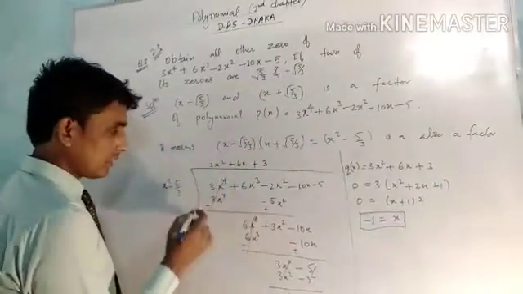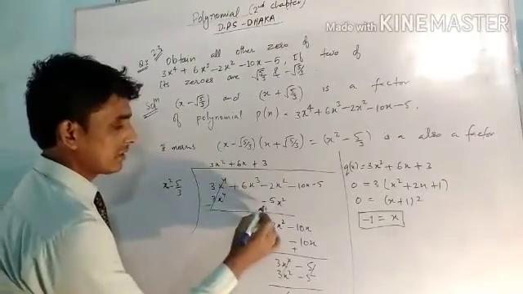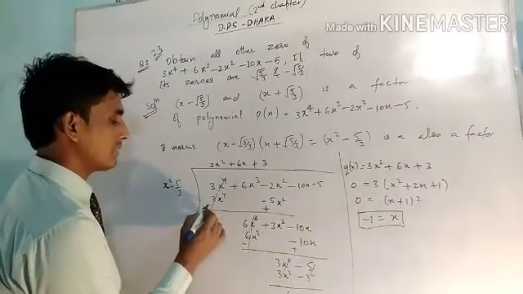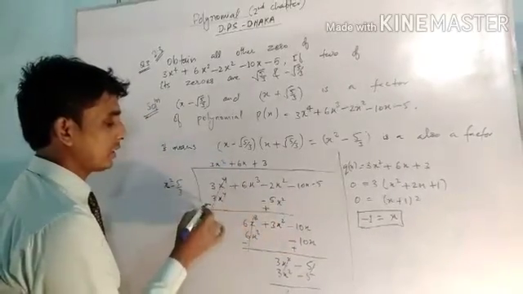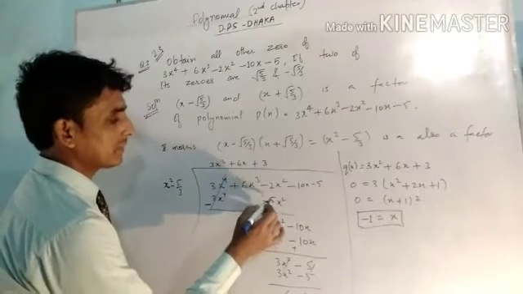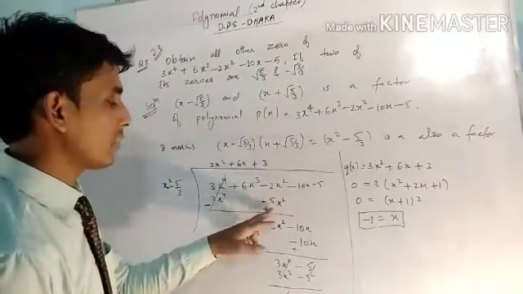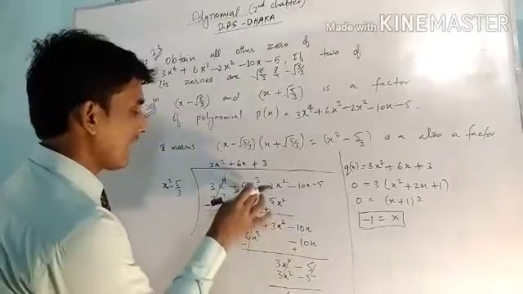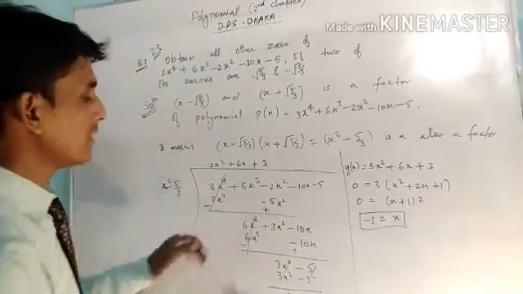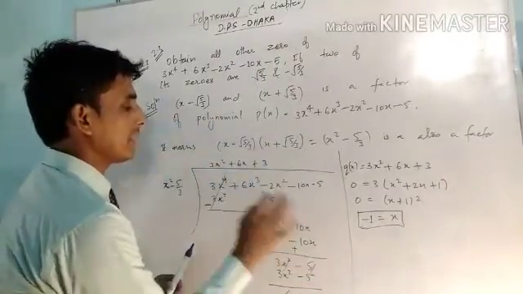Now if we subtract from here, the sign will change. This is a negative sign, so it will be positive, and this is a positive sign, so because it is subtraction, it will become negative. Now it will cancel out. This is plus 5x square minus 2x square. If you subtract minus 2x square from 5x square, you will get 3x square, and put this 6x cube as it is below. So now we are getting 6x cube plus 3x square minus 10x. Bring it down, minus 10x.